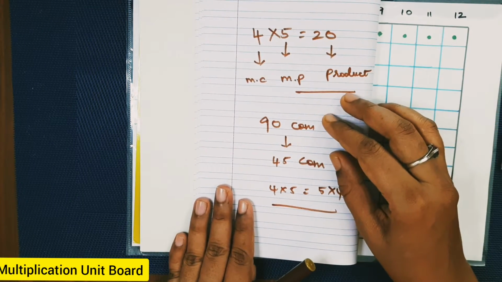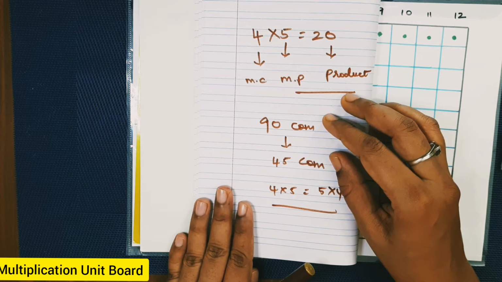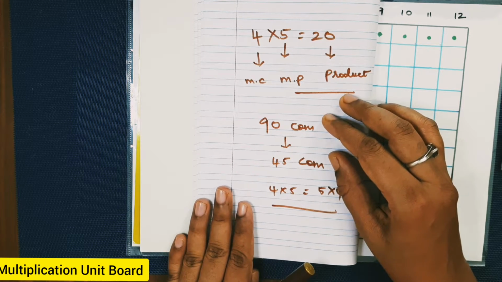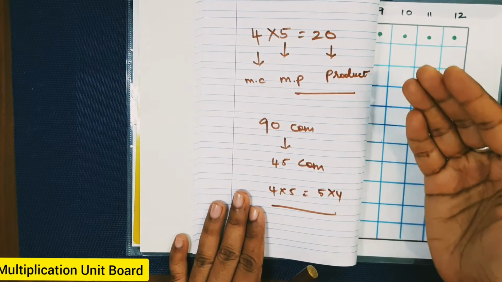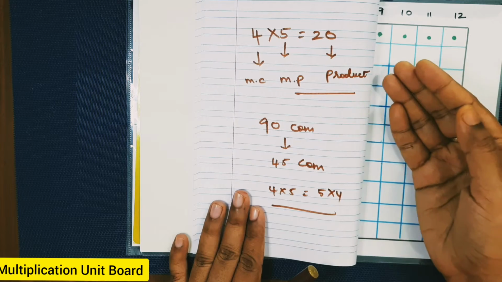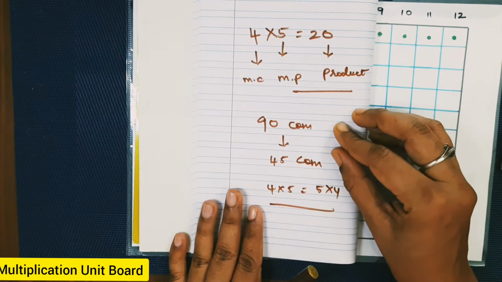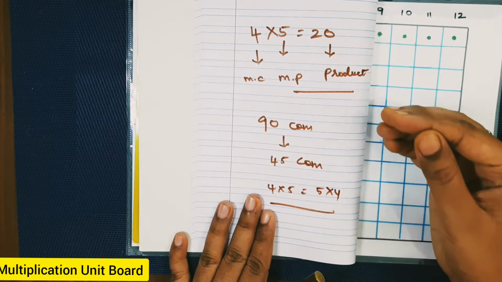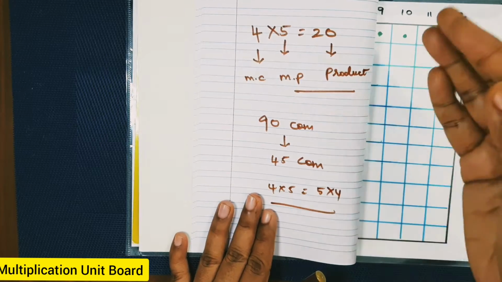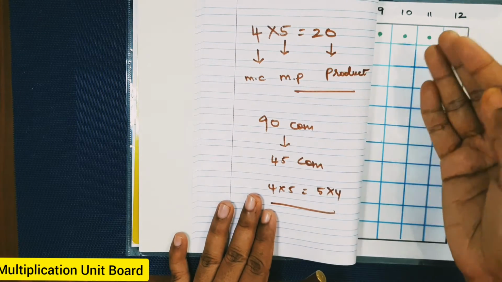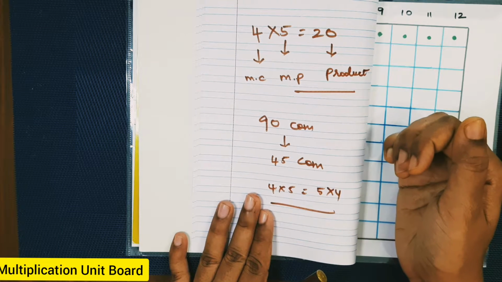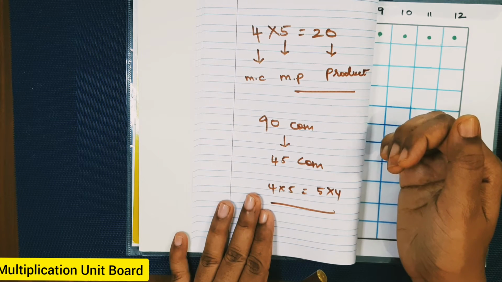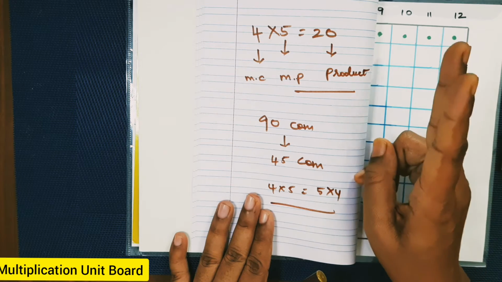Today I am going to show an arithmetic activity, the multiplication bead board. For any concept in the Montessori environment, there will be multiple materials for the same concept, because the child may find it difficult with one material, so he or she can shift to a different material and make use of it. Okay. And here in my channel I have already introduced two videos.